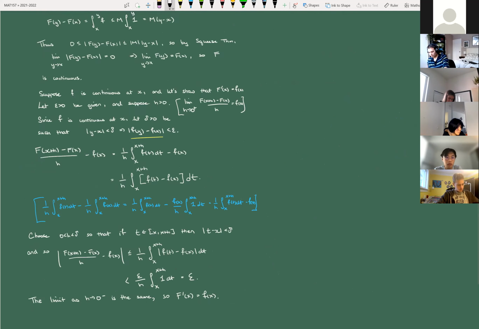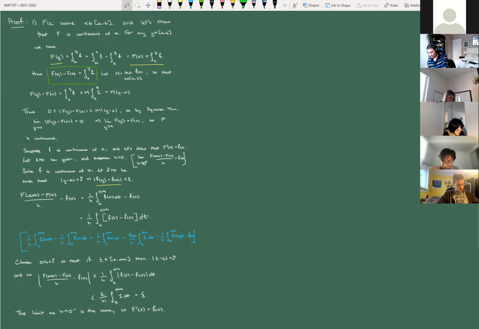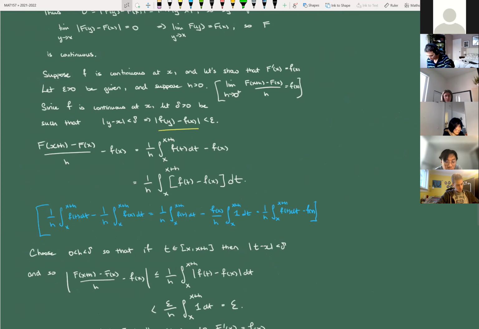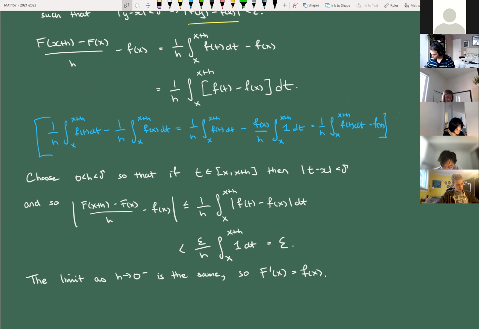So let me zoom out, give you all of FTC 1. There's FTC 1. The less than or equal to part, sure. So here what I'm using is